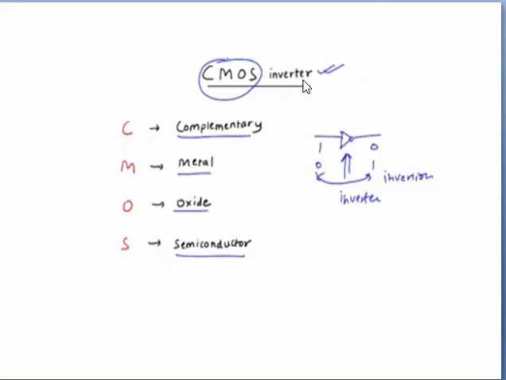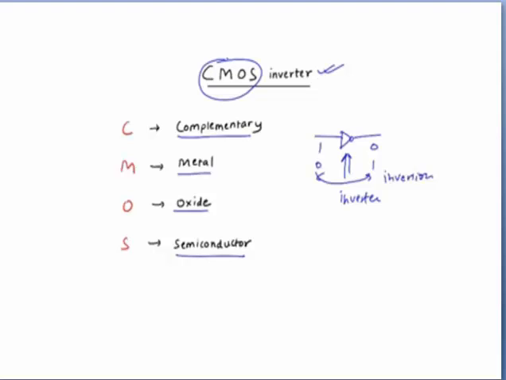Also, the term inverter: you have studied the basic logic gates. We have the NOT gate, and the operation of the NOT gate is that if we provide the input as 1, you get the output as 0. Similarly, if you provide the input at 0 volt, you get the output as 1 or VCC. So this gate is basically the inverter, because it is just doing the inversion between input and output.